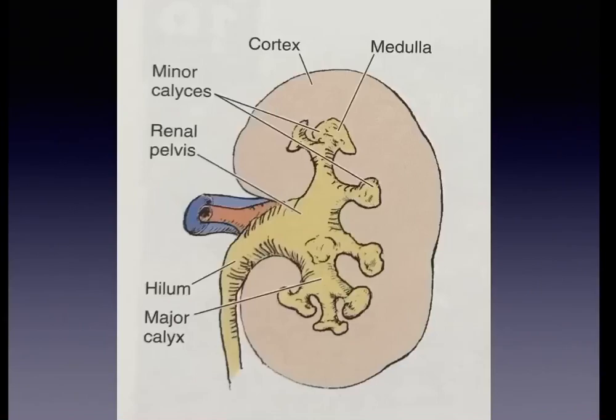So now coming to the renal pelvis. The renal pelvis is a funnel shaped collection area for the drainage of urine, which drains into the ureter. It has minor calyces, which are about 8 to 20 in number in the normal kidney. They collect urine from the renal papillae and drain into the major calyces, which again drain into the renal pelvis.